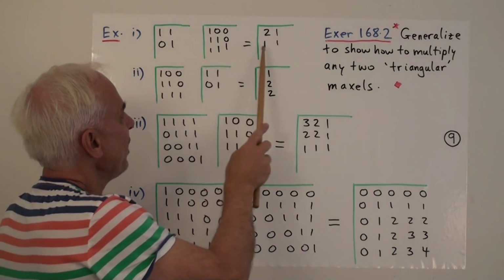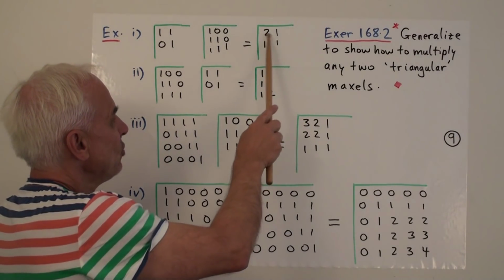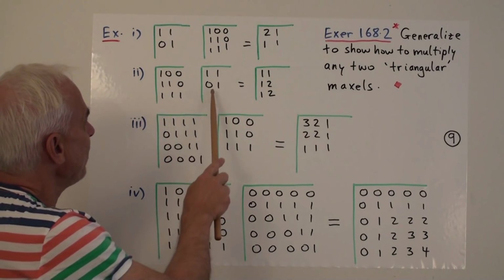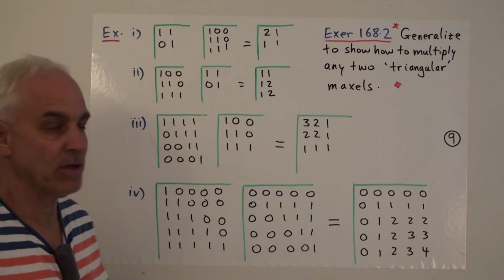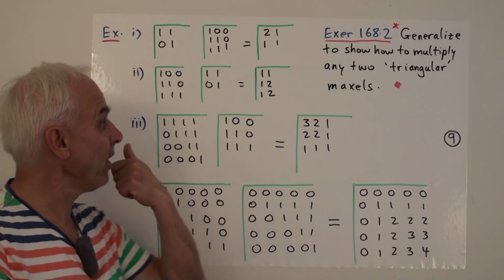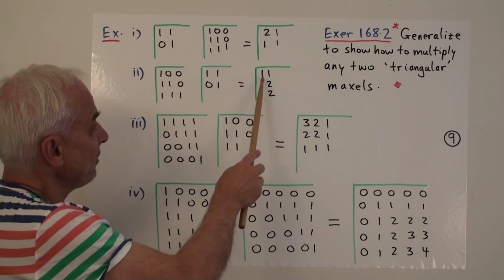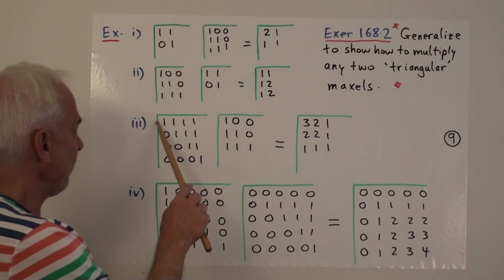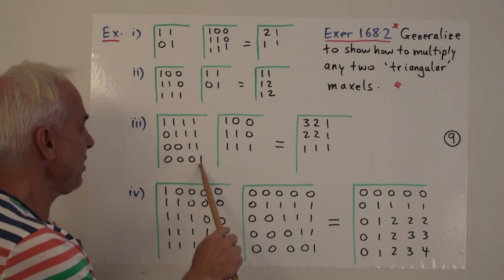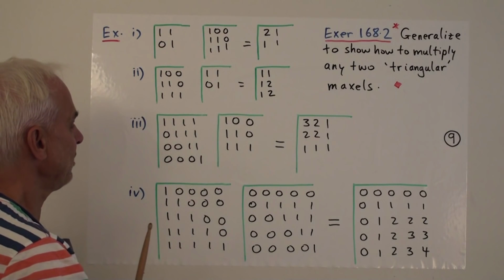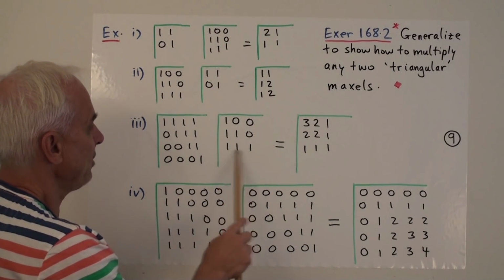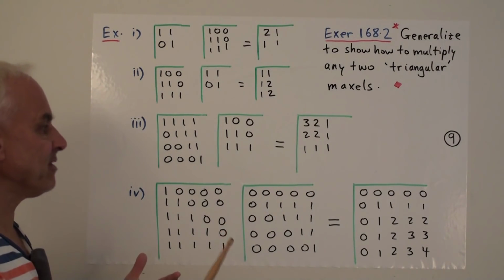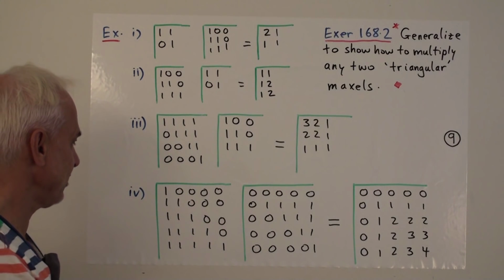And you can check that the result is 2, 1, 1, 1. And here with this lower triangular one and this upper triangular one, so exactly the same two are involved there, but now in the opposite order, we get something that looks a little bit different. 1, 1, 1, 2, 1, 2. Here we have a little bit of a bigger one. There's an upper triangular one, which is sort of corner justified. And here's a lower triangular one, also corner justified. And we see that we get this particular somewhat pleasant little pattern for the product of the maxils.